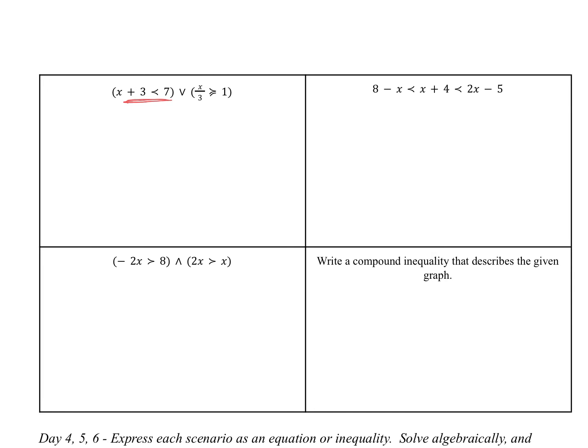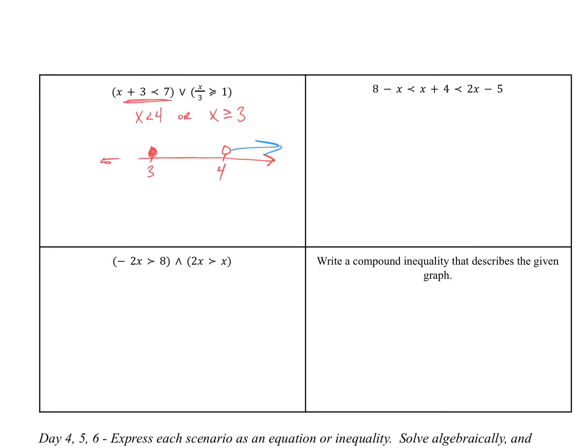The inequality on the left works out to be x is less than 4, and this says or. This inequality here, once I multiply both sides by 3, is going to say x is greater than or equal to 3. All right, so this is an or statement. So I'm going to go ahead and draw my number line here, and I've got my 3 and my 4 on the number line. At my 4, I'm going to have it open, and at my 3, I'm going to fill it in. Here's where it gets to be a little different from the previous ones, because we've seen disjunctions in the past that end up doing this on both sides,